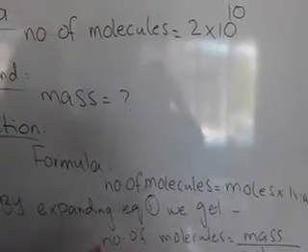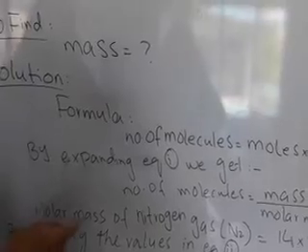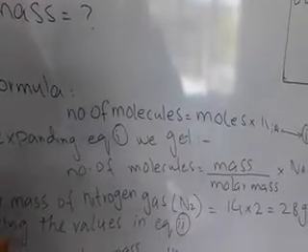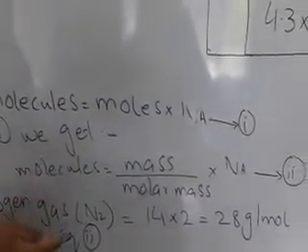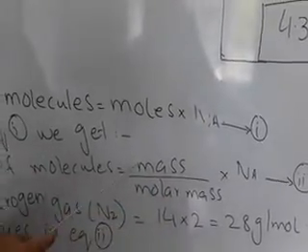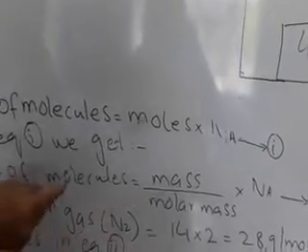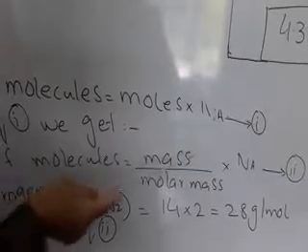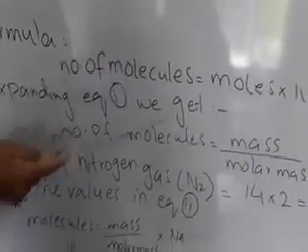So what we are going to do is expand this equation. We'll open up this formula in this way: number of molecules is equal to mass over molar mass into Na. Now what is this mass over molar mass? It is the expanded form of moles. It is the formula for moles. We just placed its formula in its place. So we got this equation. Now this can fulfill the demand of the question.